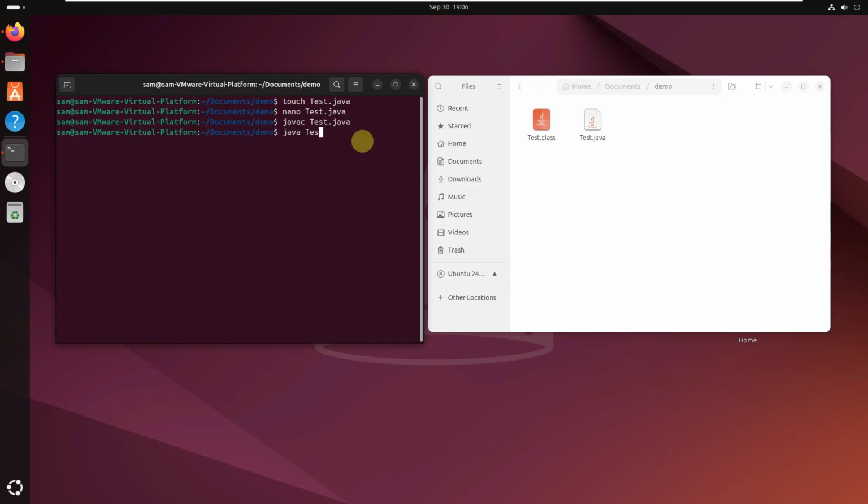Once the class file is there, you can simply type java space file name, the class file name, and press enter. Your program execution will be done quickly. See this, see the results on the terminal. Hello, Cool IT Help. Our Java program is executed successfully. So friends, we have seen three things here. First, we have seen how to install Java in Ubuntu. Also, we have seen how to set the Java home variable here in Ubuntu. Also, we have seen how to create a Java program and how we can compile and run the Java program